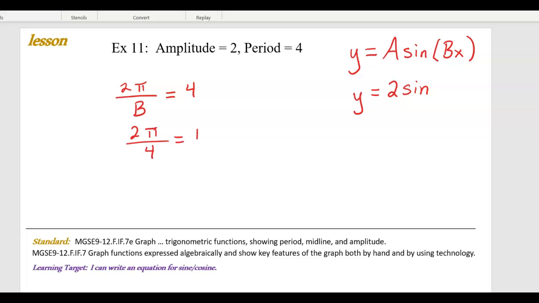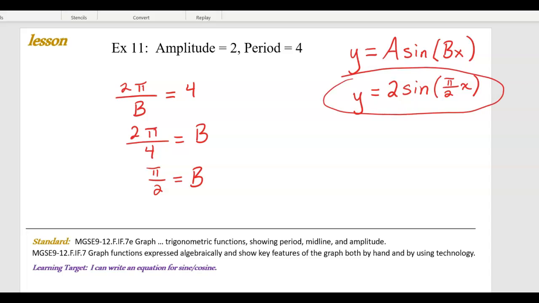And then reduce. 2 pi over 4 is pi over 2. That's my value of B. So I build my equation, pi over 2x. Final answer. And once again, you really could put plus or minus there, because if the amplitude is 2,